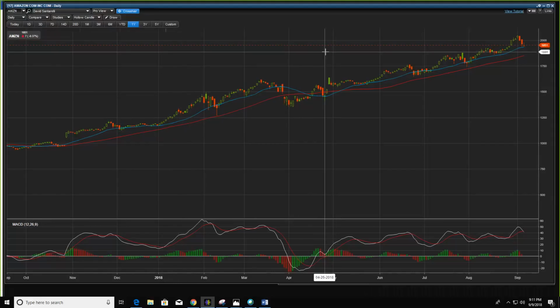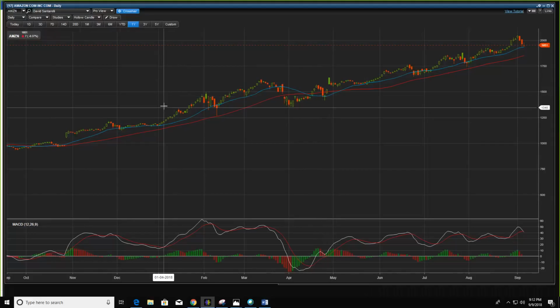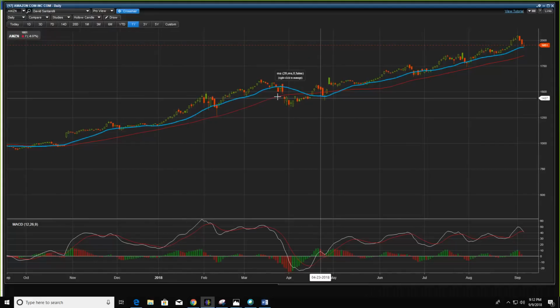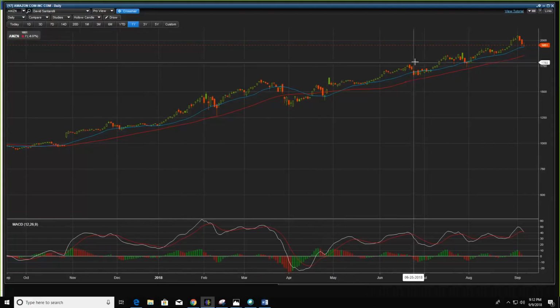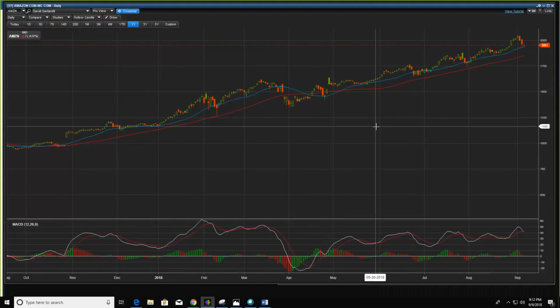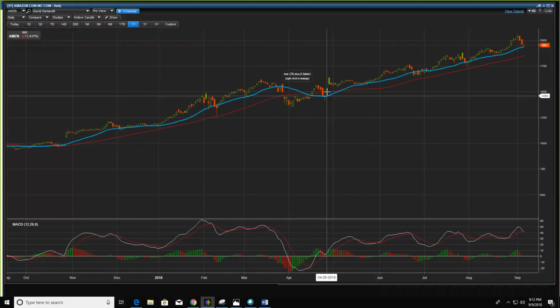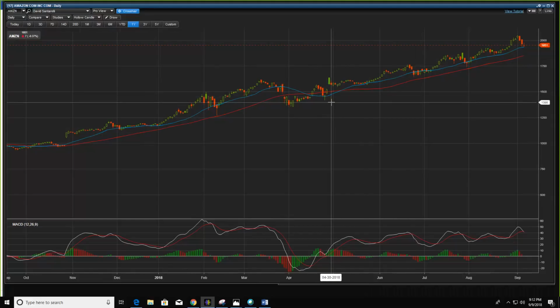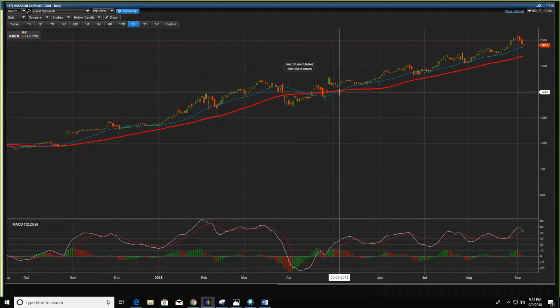If you can find a way, like the one I'm going over with you now, to enter a stock and capture these types of runs that you're seeing right here, here, and here, you're going to make large profits. The thing is, you have to be disciplined, you have to be patient, and you have to know exactly what to look for. So like I said, we're looking for a move above these SMAs. The first time the stock clearly closes above, let's say we entered